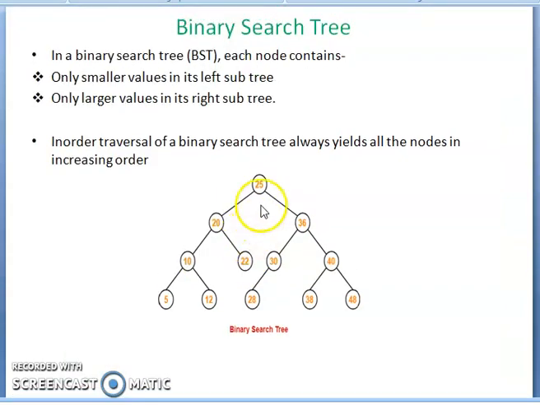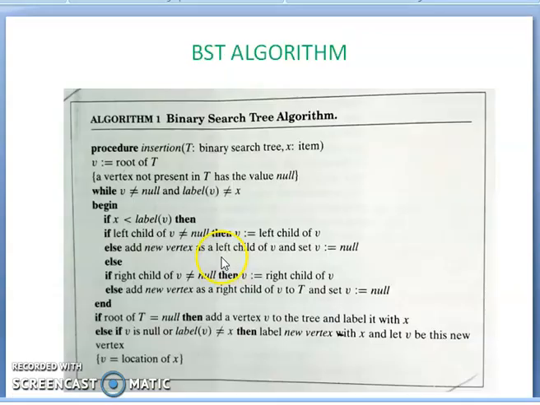You traverse, that means suppose you want to add the value 4 to this existing tree. If you want to add the new node with key value 4, compare this, 4 is less than 25, so you move here. The present v is 20, again 20 compared with 4, 4 is less than 20, you move here. 4 is less than 10, you move here. Now 4 is again less than 5 and you move to the left, where the left is empty, there is no left child for this. That is the condition we check.